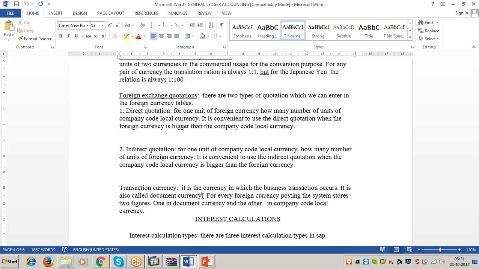That is called, INR is called transaction currency or document currency, nothing else. For every foreign currency posting, the system stores two figures in the tables. One is in the document currency, the other one is in the company code local currency. So first let us post the transaction, then I will explain.